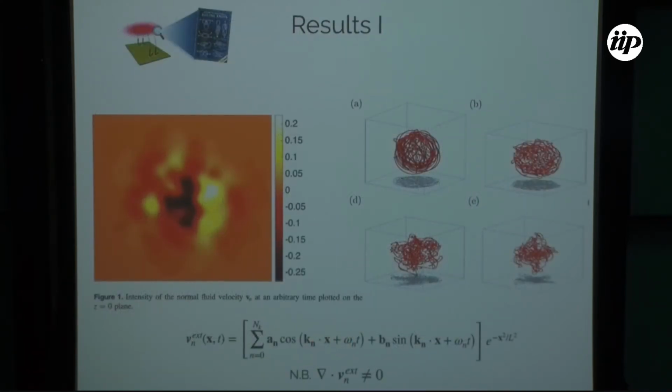Okay, and so our first results, I'm ready for a little bit of criticism here. We chose a normal fluid. What we wanted was a confined normal fluid so that we didn't have to deal with loops going to infinity or loops hitting boundaries or anything like that, because as I've argued, topological quantities will be more difficult to measure. And so what we chose was a summation of Fourier modes to mimic a multiscale flow, which of course has the consequence that our velocity field is no longer incompressible, which is obviously a little bit fishy, but really our motivation was, as I say, just a way to generate quantum turbulence in